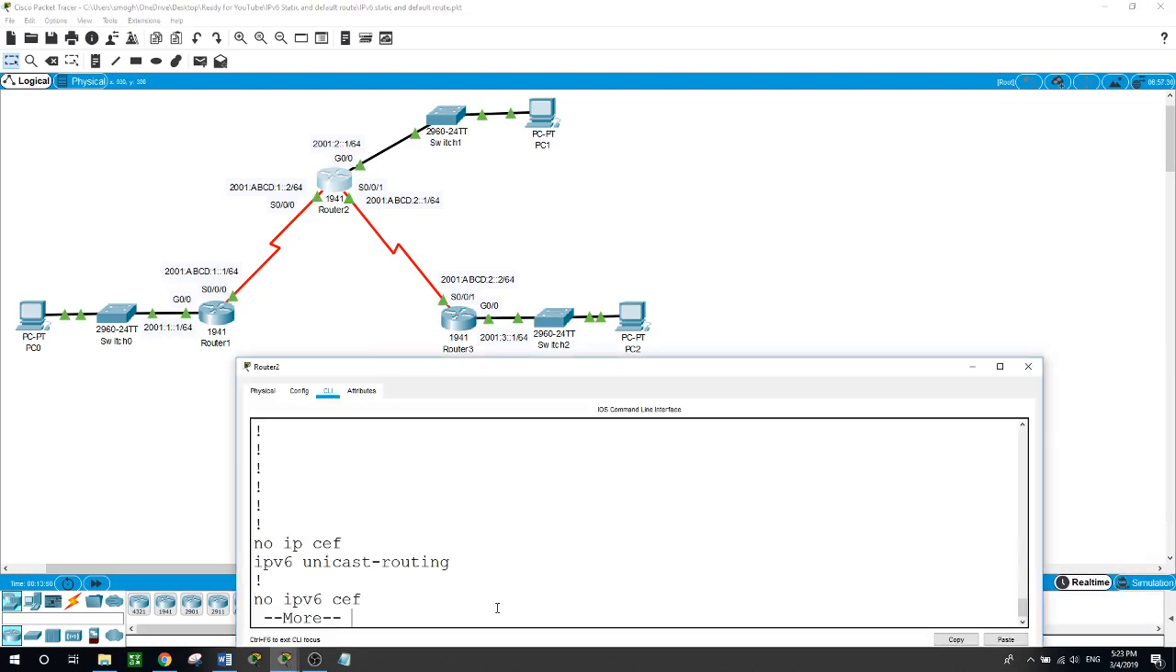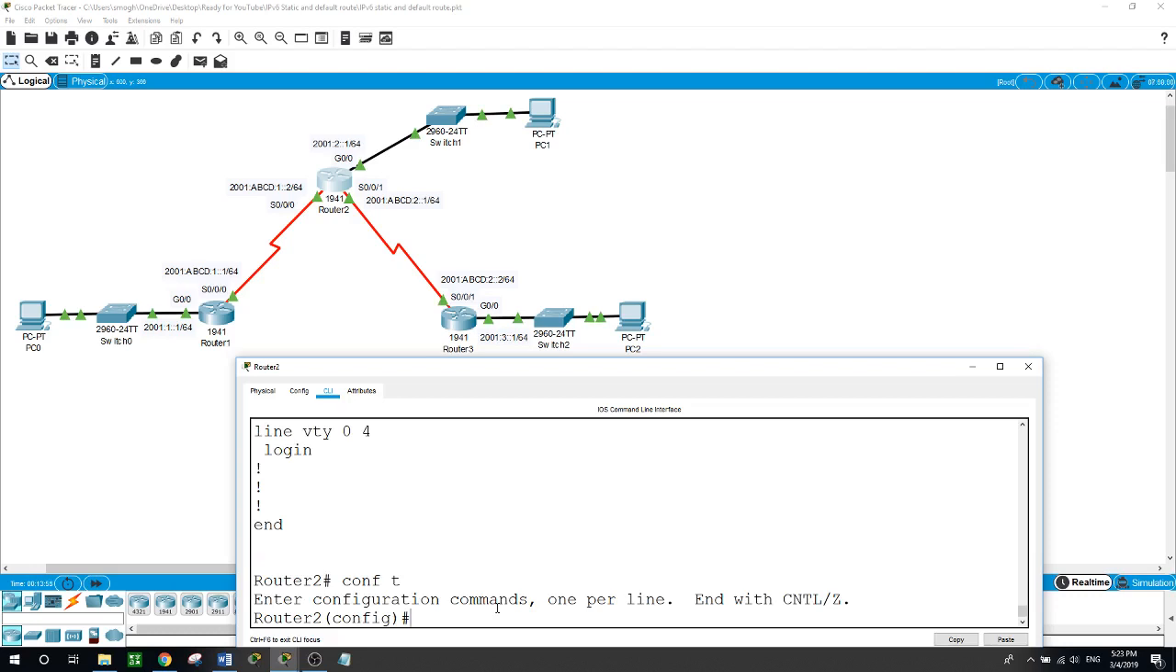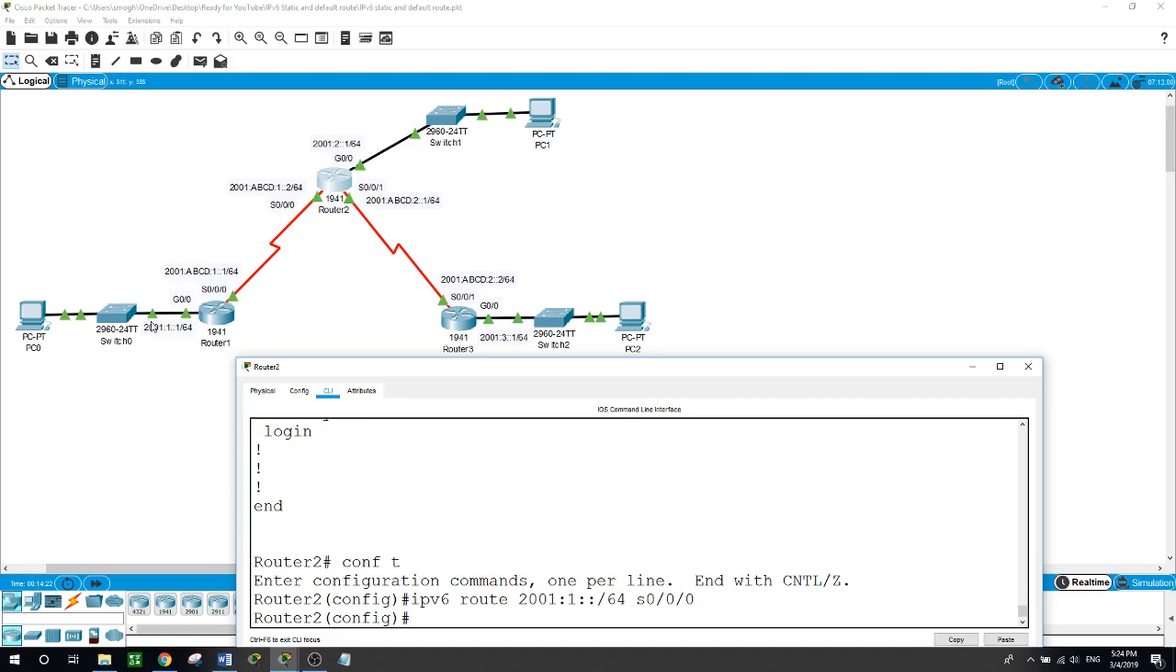So on router 2, configure terminal, IPv6 route to the network of 2001:1::/64, and its exit is serial 0/0/0. This is for this network, and the second network is not directly attached to router 2, is this network